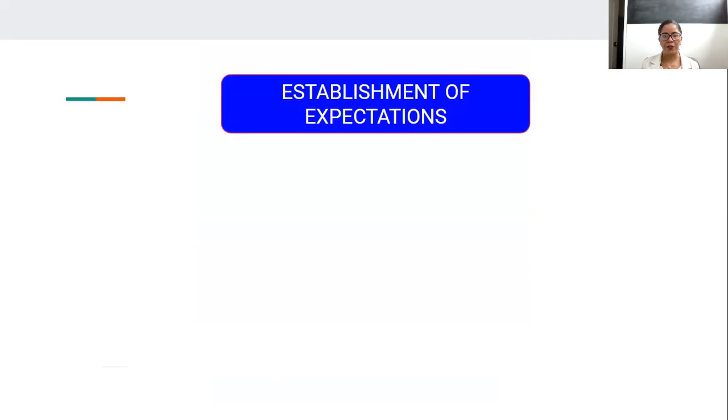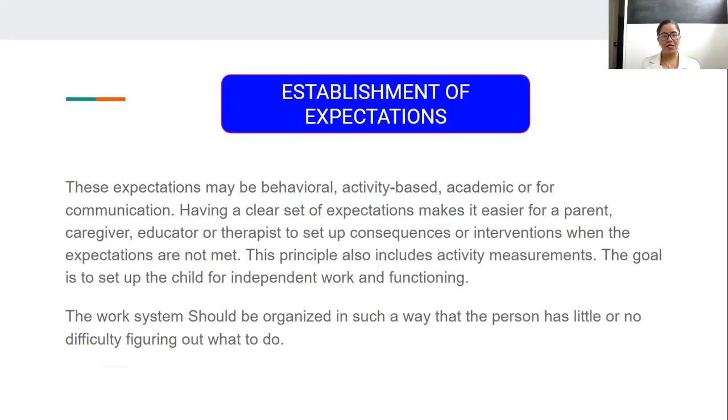Principle number 3, establishment of expectations. Again, I think we should, as teachers, we know that we should establish our expectations to everybody at the beginning of a course, at the beginning of a year, at the beginning of a semester, at the beginning of a day even. So this is very important for everybody, really, not only for students with SEN. But for SEN students, it becomes a paramount aspect. So these expectations may be behavioral, because, okay, you can tell them, okay, today I would like you to behave well. Please do not disturb other people, do not disrupt the class, etc.